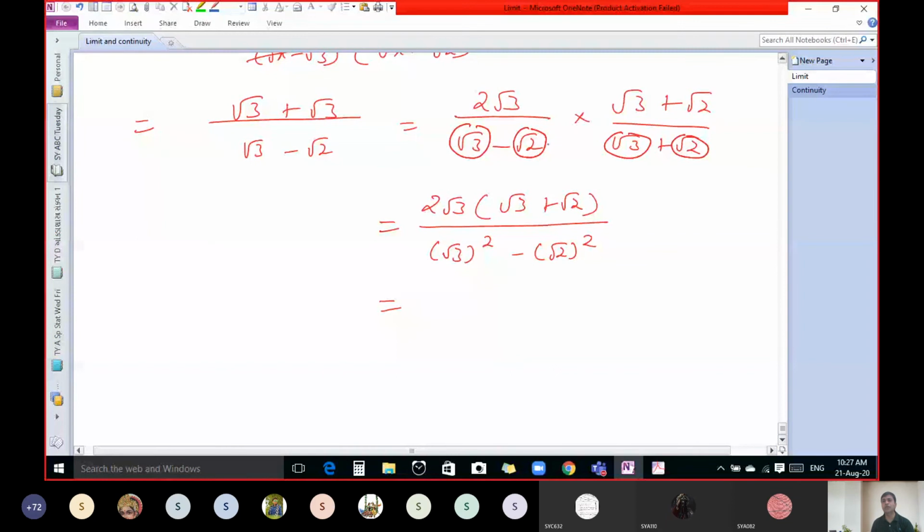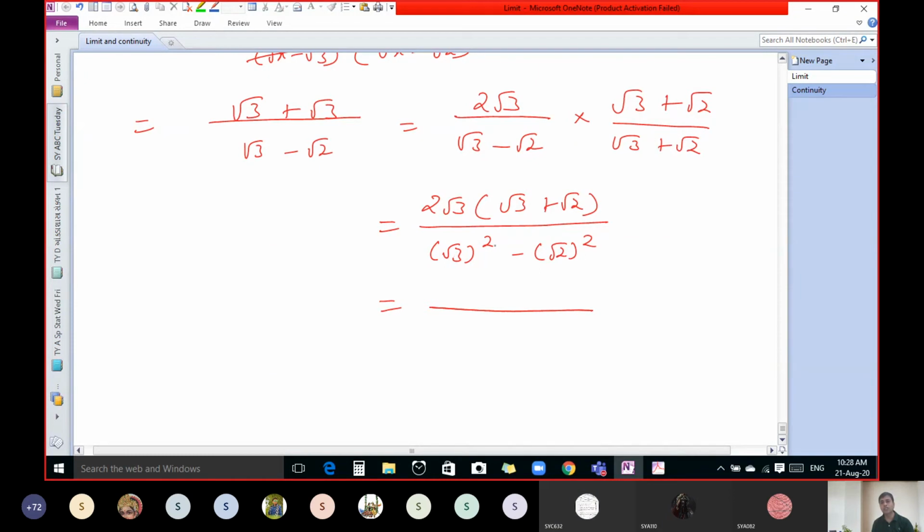बोलो a माइनस b इंटू a प्लस b क्या होता है? A square minus b square. a स्क्वायर माइनस b स्क्वायर, तो आ गया ये रूट 3 का स्क्वायर माइनस रूट 2 का स्क्वायर. अब भी नहीं समझ में आया तो बोलो. आ गया सबको? No sir. Okay, good. Yes sir. Okay, very good.